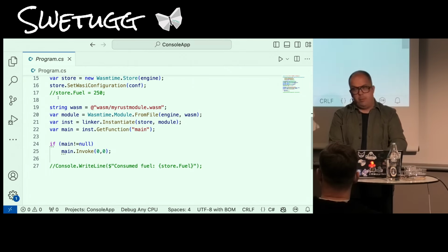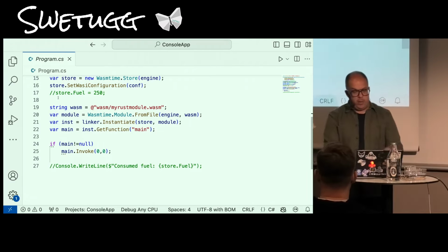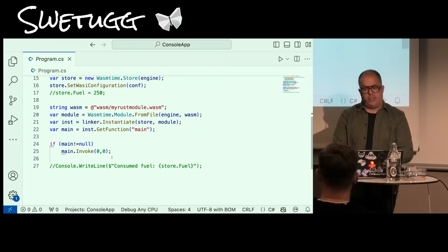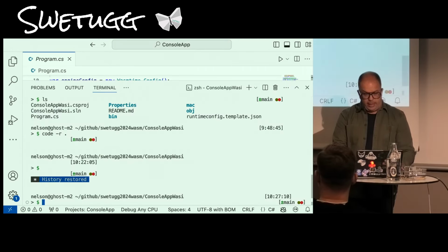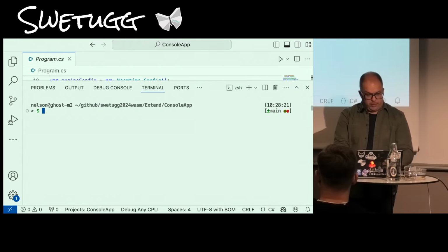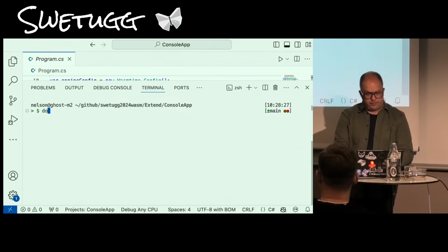This is the WebAssembly module I compiled from that Rust project you saw before. Trust me, it's exactly the same. And then we're going to load it and we're going to instantiate it. So nothing fancy, right? And this is then doing that for that thing. So let's make sure I'm in the right folder, because that's not the right one. If I now say dotnet build and dotnet run,